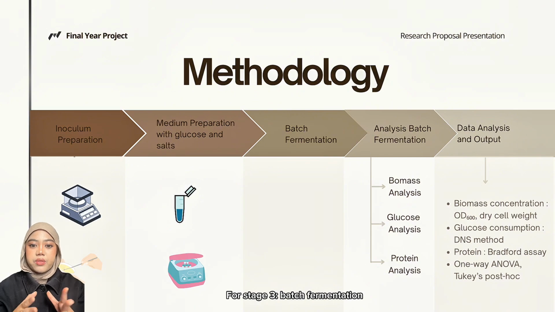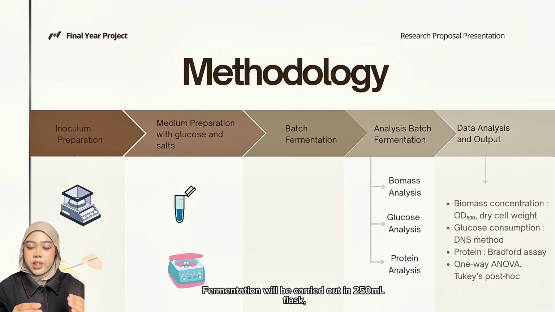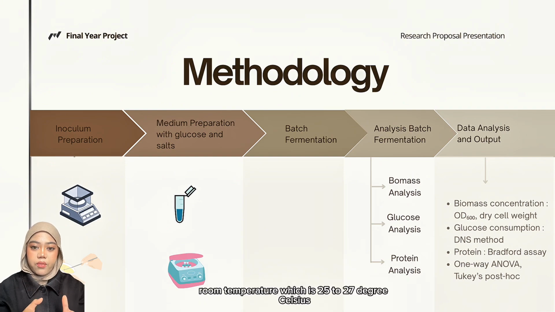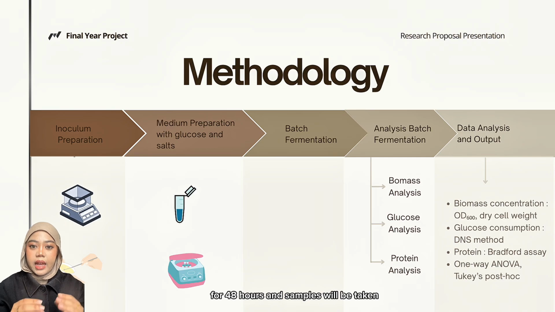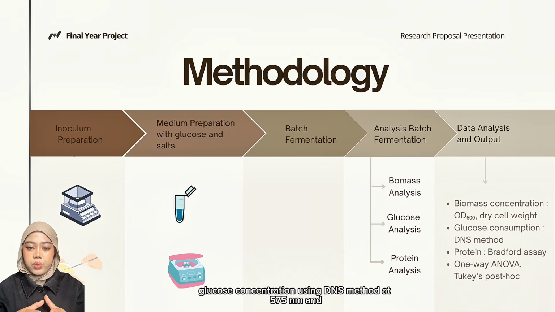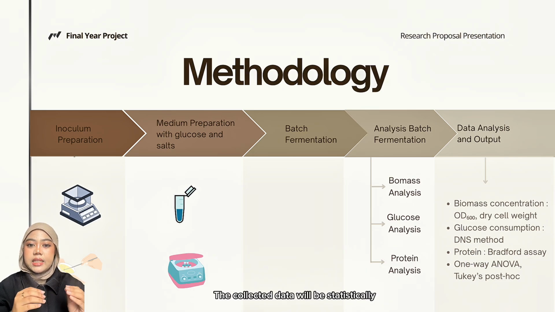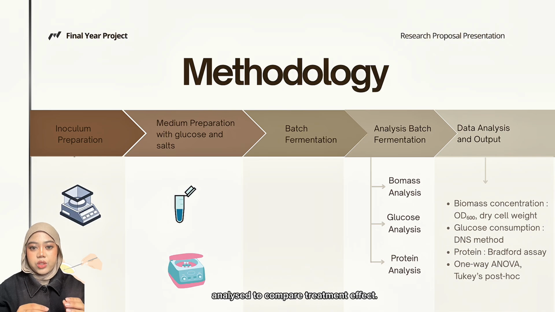For stage 3, batch fermentation. Fermentation will be carried out in 250 milliliter flask with 100 milliliter working volume, shaken at 180 rpm, room temperature, which is 25 to 27 degrees Celsius, for 48 hours, and samples will be taken at 0, 24, and 48 hours. Stage 4, analytical measurement. Biomass will be measured using OD600 and dry cell weight, glucose concentration using DNS method at 575 nm, and protein content using Bradford assay. And lastly, for stage 5, data analysis, the collected data will be statistically analyzed to compare